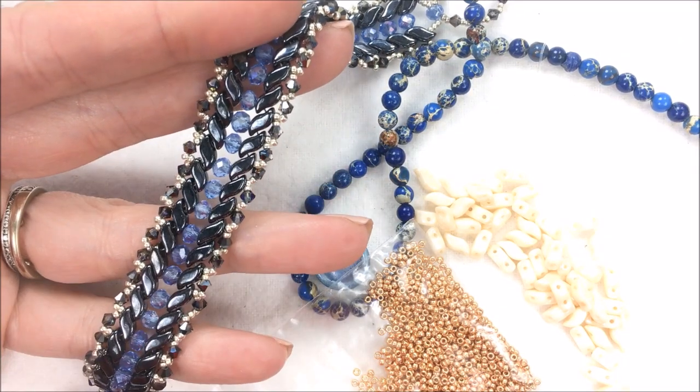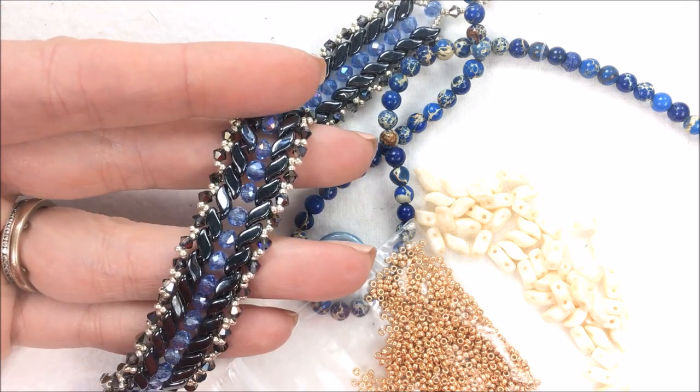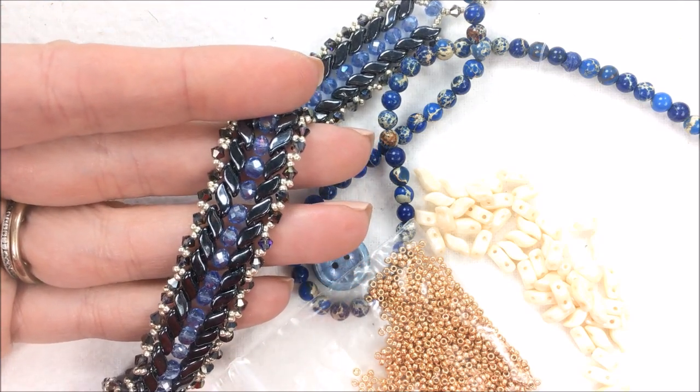I'm Allie with the Potomac Bead Company, and today I want to teach you a 2-needle herringbone technique working with